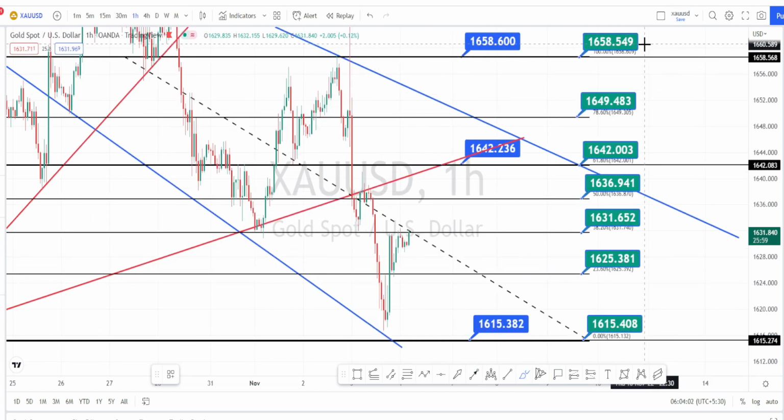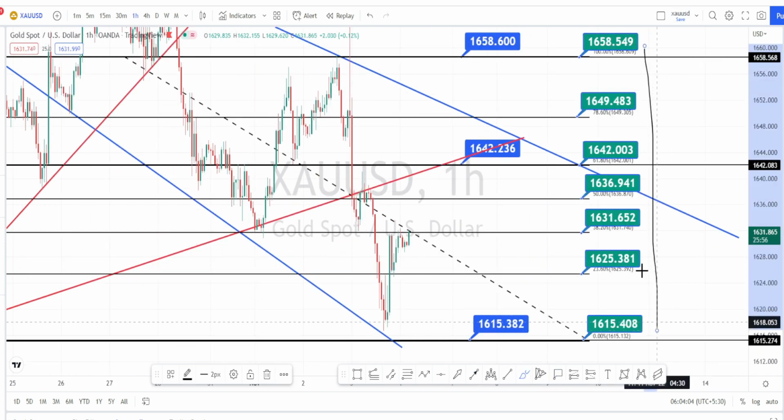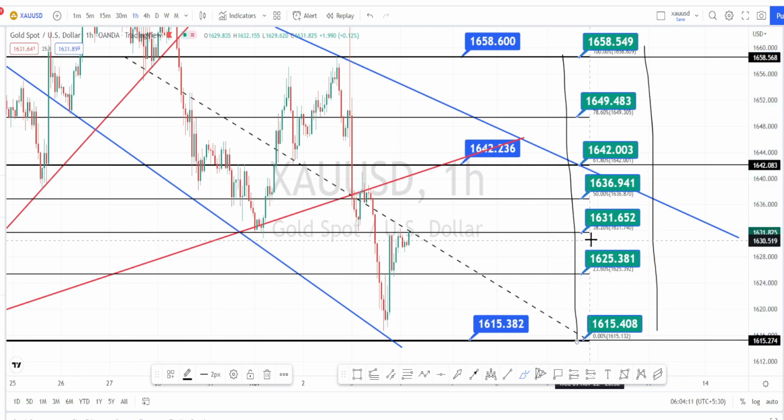So the values within these green color boxes are the resistance and support levels for current price action in hourly time frame. Currently the price action is trying to break the resistance level of 1631, and if the price action succeeds to break this resistance line, next level of resistance is going to be around 1636, 1642, 1650 and 1658. And if the price action doesn't manage to break this resistance level, next level of support is going to be